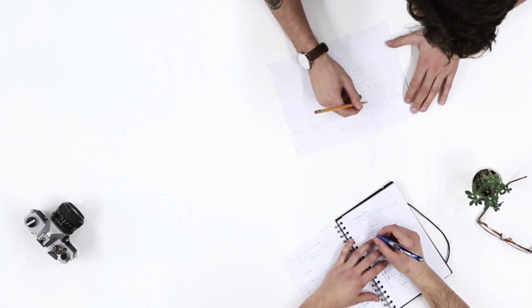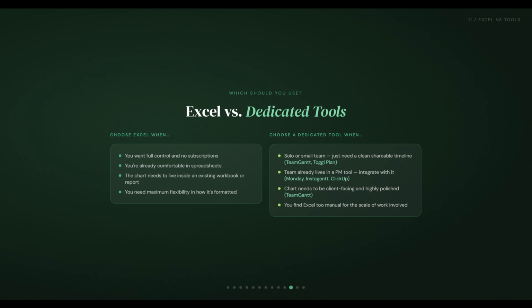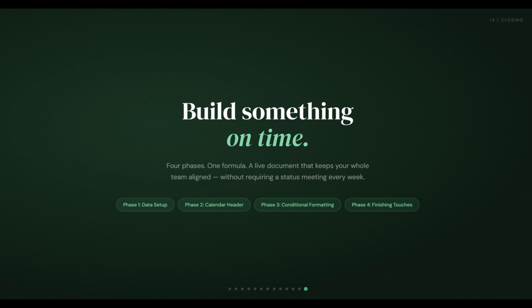And if you find Excel's approach a bit too manual for your taste, well, now you know exactly which tools are worth exploring instead. All right, you've got the framework. Go build something on time,